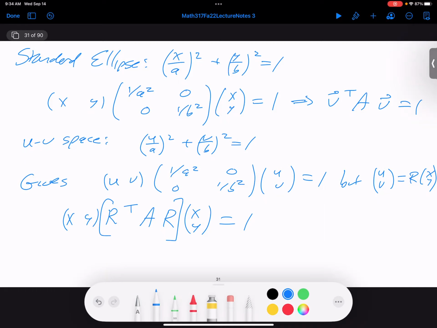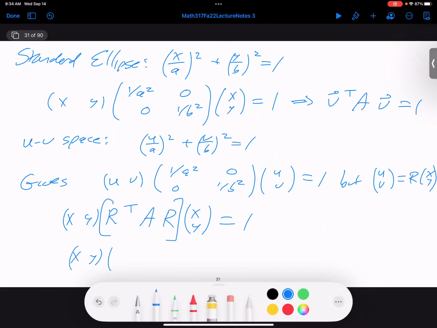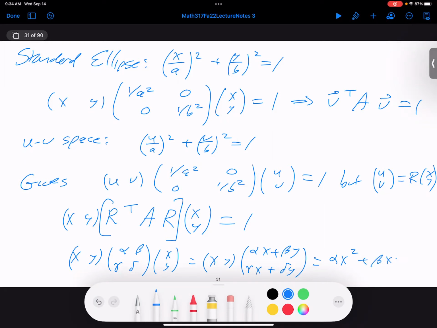And when you expand that out, you're now going to get an xy term. So I could call this maybe [x y] times [alpha, beta; gamma, delta] times [x y]. So that would be [x y] times [alpha x plus beta y, gamma x plus delta y], and then I would get alpha x squared plus beta xy plus dot dot dot equals 1. I'm not going to go through all the terms, but now you see we're going to start to get an